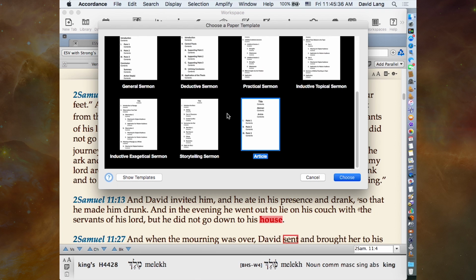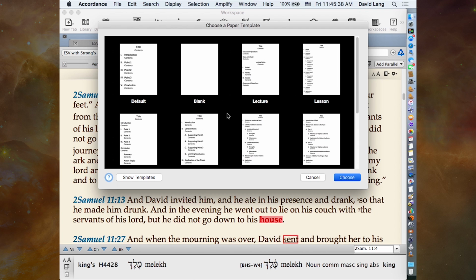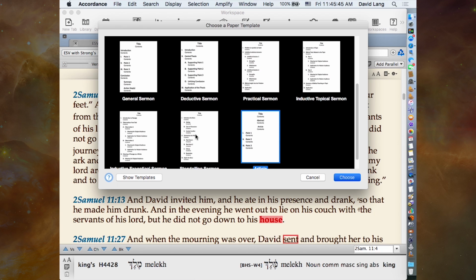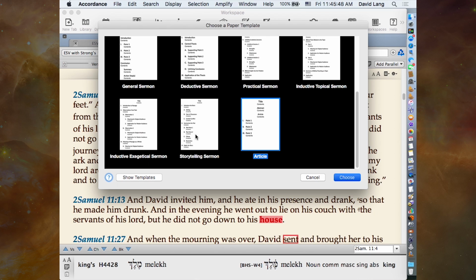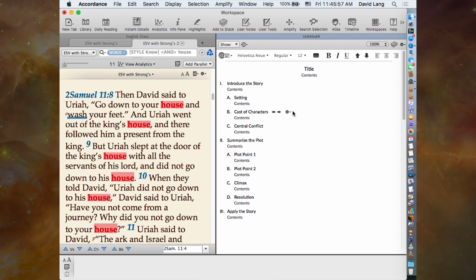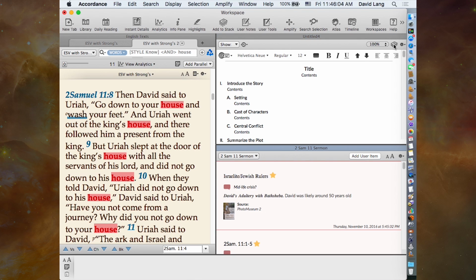And so you can choose from a template: the default outline, a blank, a lecture, a lesson. There are different kinds of sermons, deductive sermon. I might do storytelling sermon. All right, I'm preaching through an Old Testament narrative. So I'll go ahead and double click this, and then it's got an outline here, and I can go ahead and open my stack from within the paper,